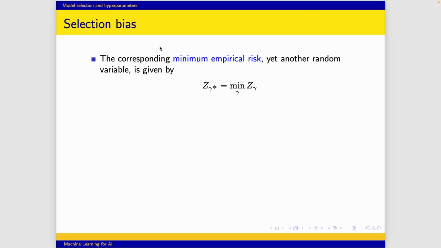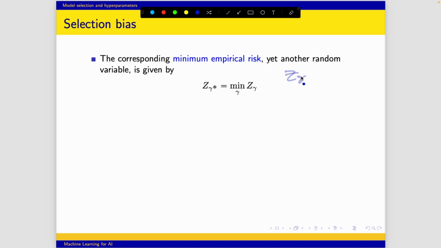Now, the minimum risk that we will end up with once we choose our gamma star as the one that minimizes the empirical risk of the ERM solution is going to be simply z of gamma star. So that will be the minimum by definition over all gammas of z gamma, the way that I'm defining z gamma